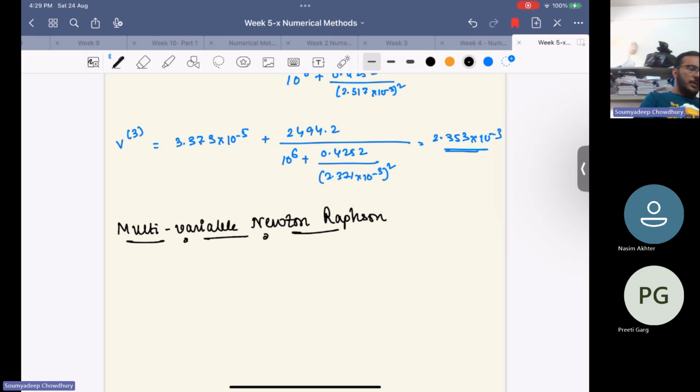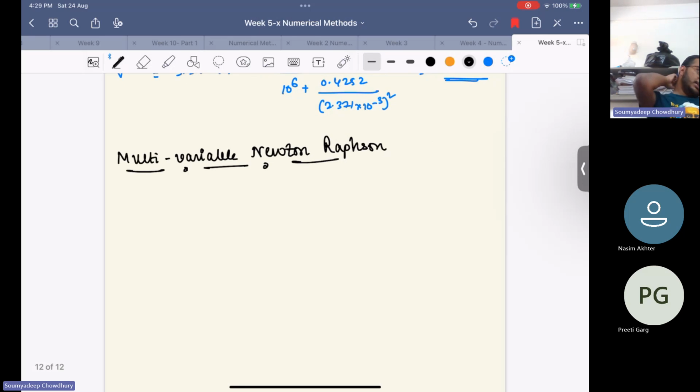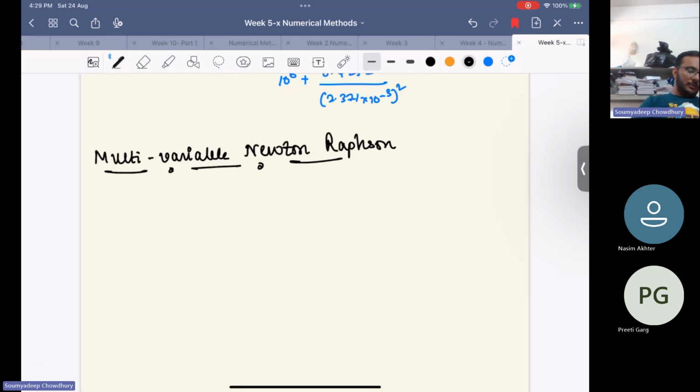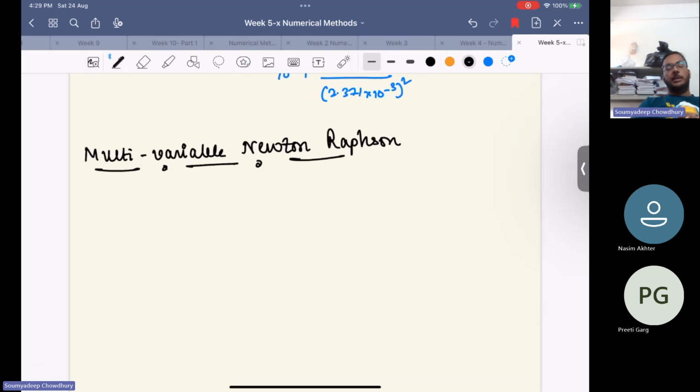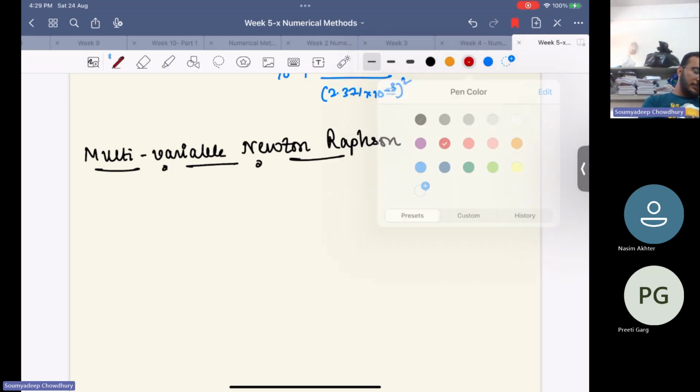So if you have a set of equations and you want to solve them with the Newton-Raphson method, which has more than one variable. Till now we had seen basically an equation with a single variable, right? So here I will describe how to solve it for multiple variable equations. Suppose you have